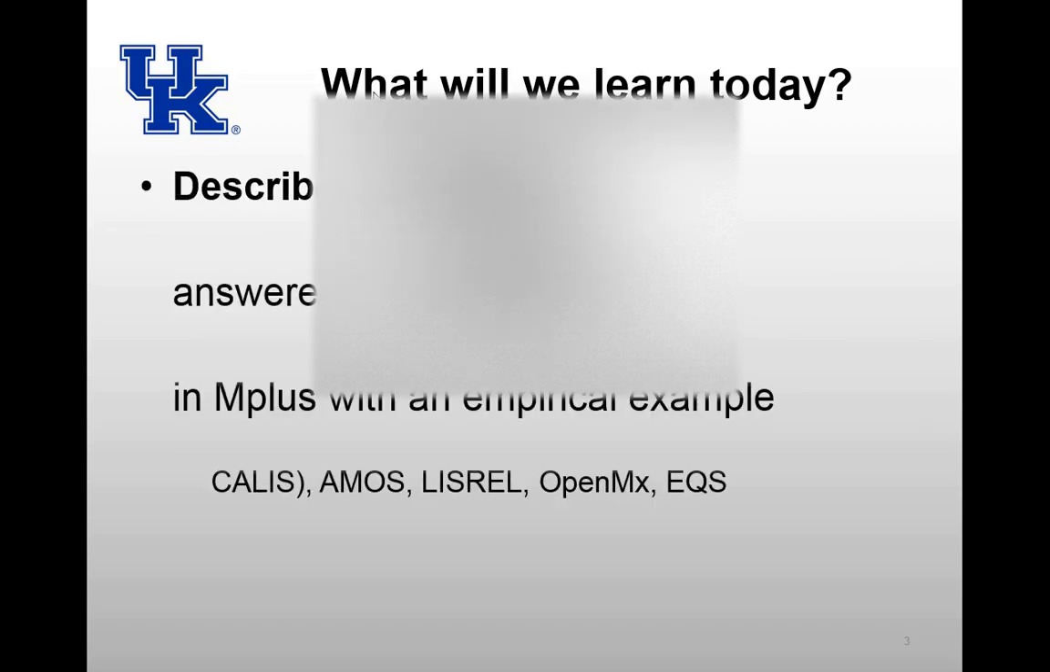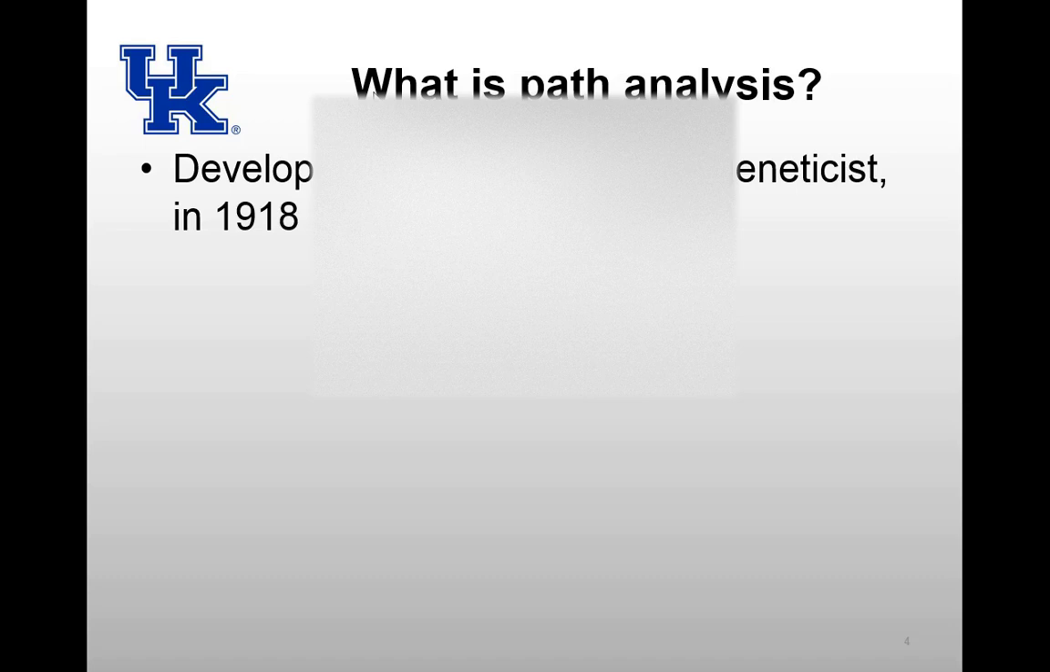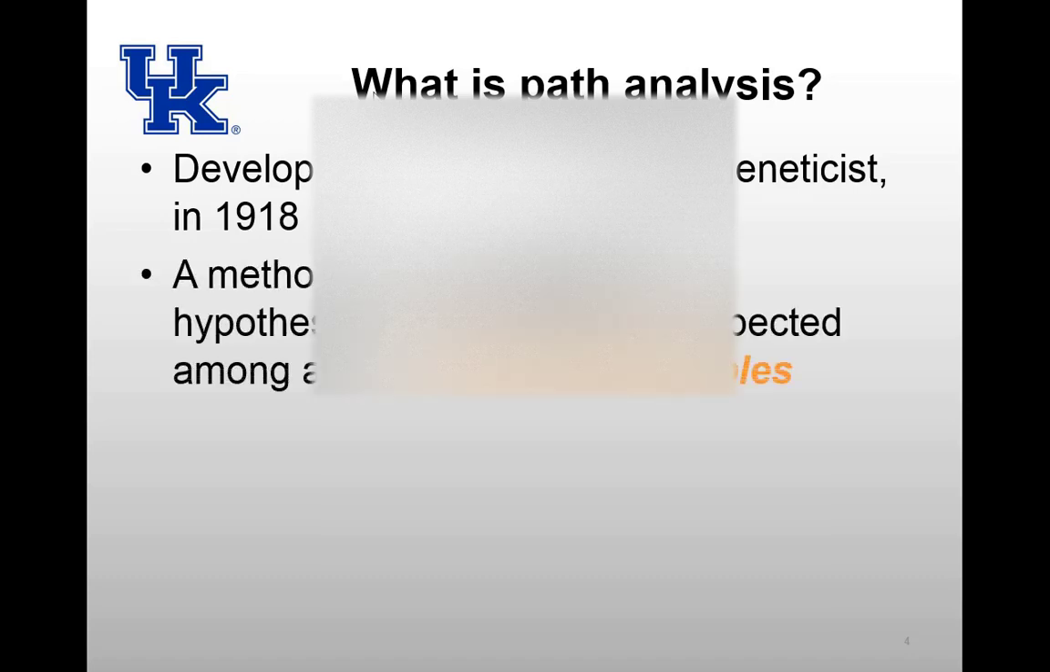So what we will learn today, we start from describe path analysis. What is path analysis? It is developed by a guy named Sewell Wright, a geneticist in 1918. It was way back in time. And it is a modeling method used to determine if hypothesized paths occur as expected among a set of observed